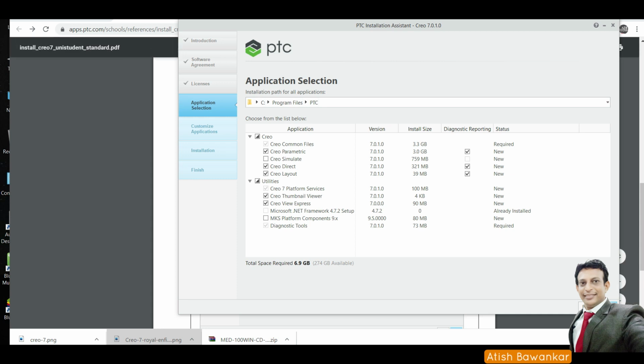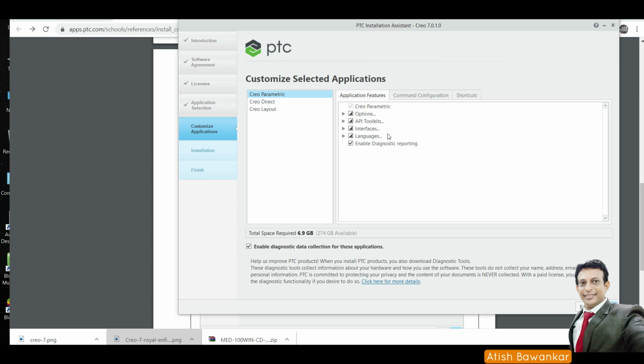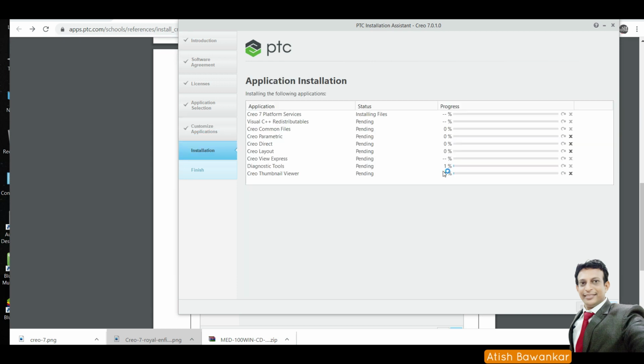And say next. Here it will show under Creo Parametric what number of options are available. So I choose Creo Parametric here and say install. So you have to wait to complete all the installation process till 100%.